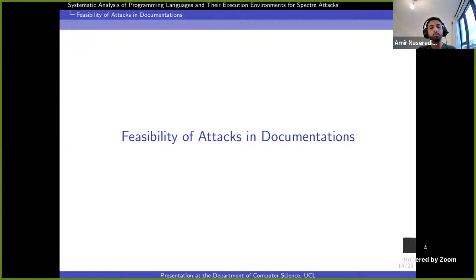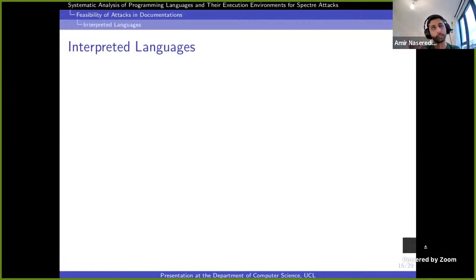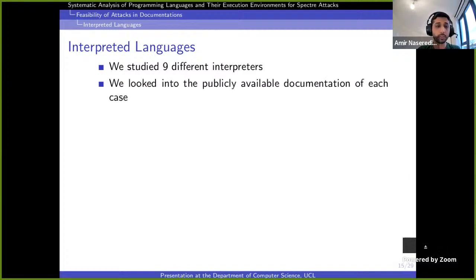Now let's take a look at the feasibility of attacks in documentations, or better to say, in theory. With regard to interpreted languages, we studied 9 different interpreters and 9 different languages.